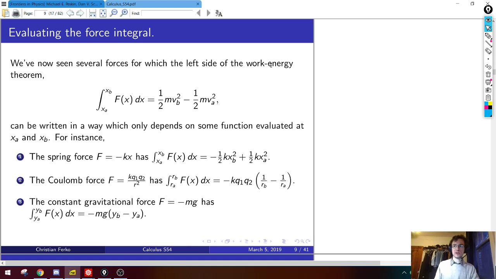But now let's just observe a pattern that we've seen in several problems where we've done this before. So I've rewritten the Work-Energy theorem here to remind us again. And I just want to review a couple examples of the force function on the left side that we've integrated. So last time we did this...